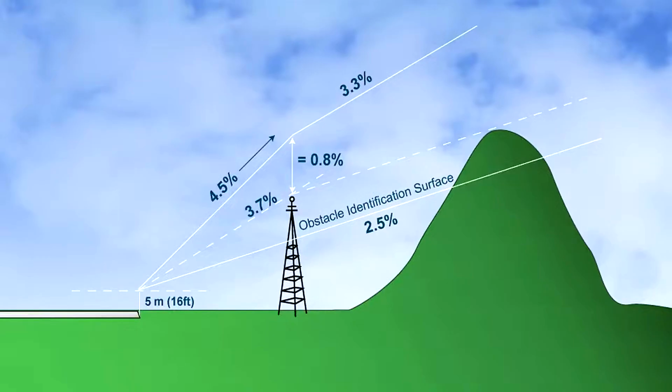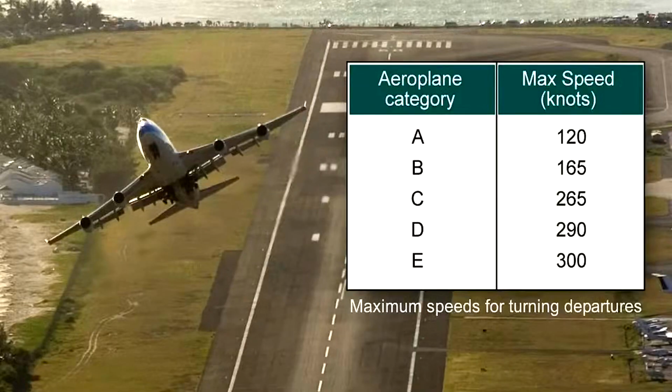If the resultant PDG is too steep, a turning procedure to avoid the obstacle laterally might be the answer. Alternatively, the aerodrome operating minima could be increased until the obstacle can be avoided visually. In the turn initiation area, the minimum obstacle clearance of 295 feet is provided. Of course, in specific areas of more mountainous terrain, increased obstacle clearance will be afforded. If DME is available, additional height or distance information is made available.